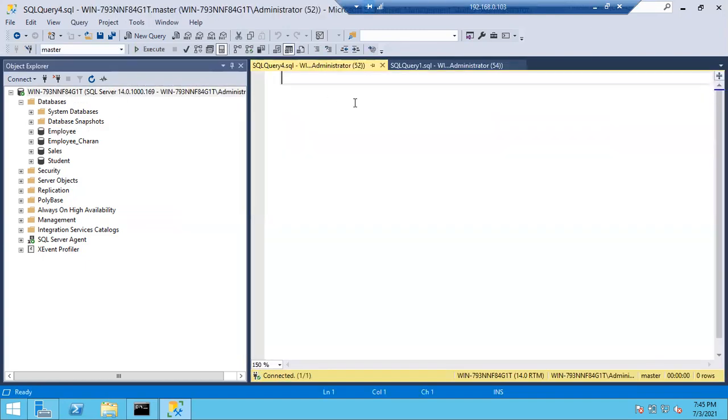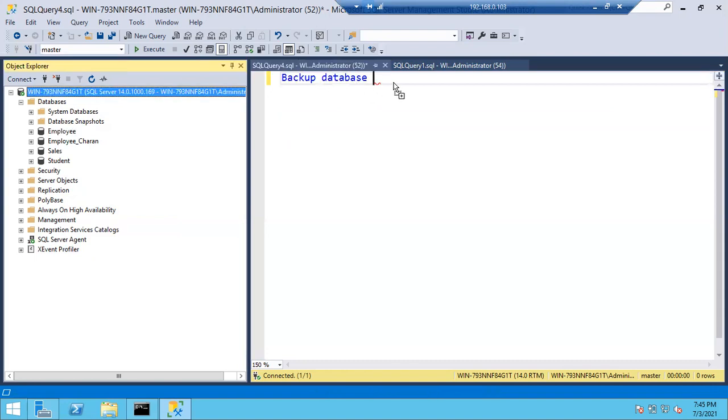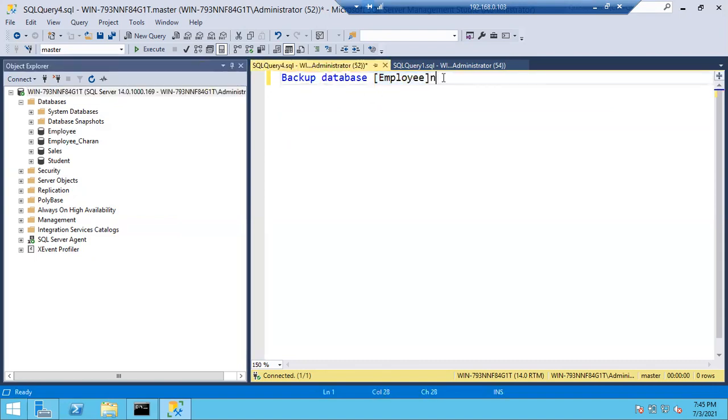I'll take one full, one differential and one log backup. Backup database employee to disk equals employee_full_ with today's date, 04/07/2021.bak. This is the full backup, right?